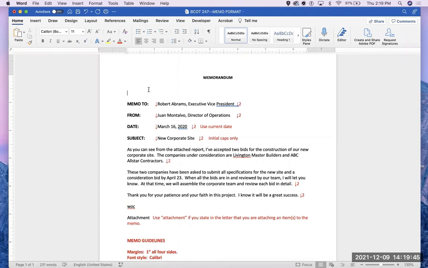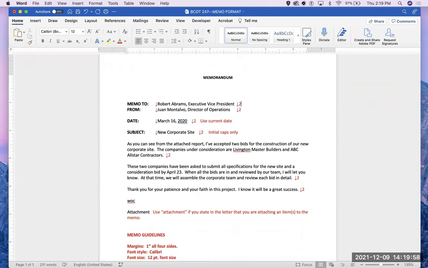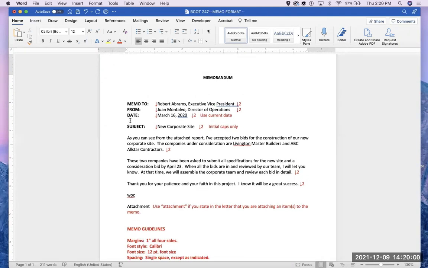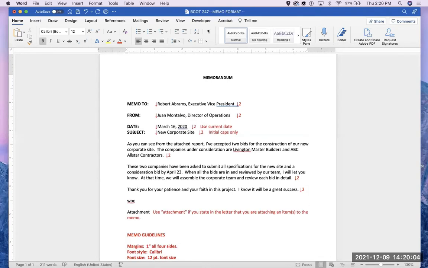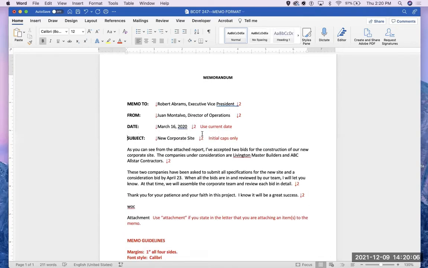It looks like an email, kind of, except the only difference between an email title block and a memo is that a memo is always double spaced. So notice there's a space, there's a line, then a space, then a line, then a space. An email would look like that, right? An email would look like that, but a memo is always double spaced. Now it's a matter of preference. I don't know if there's a golden rule on either one, but most memos are double spaced